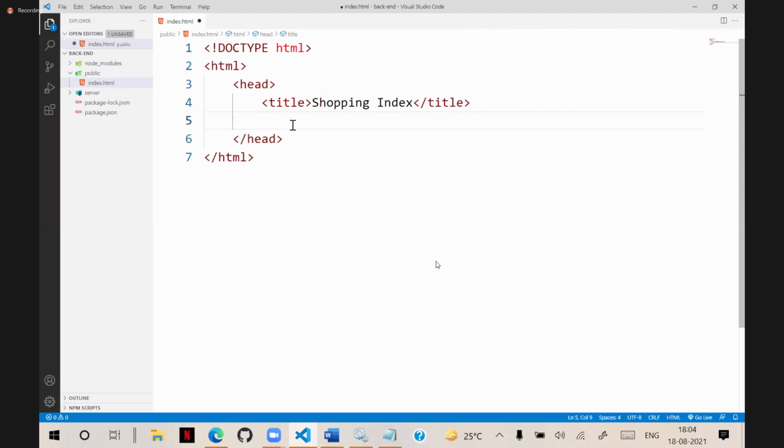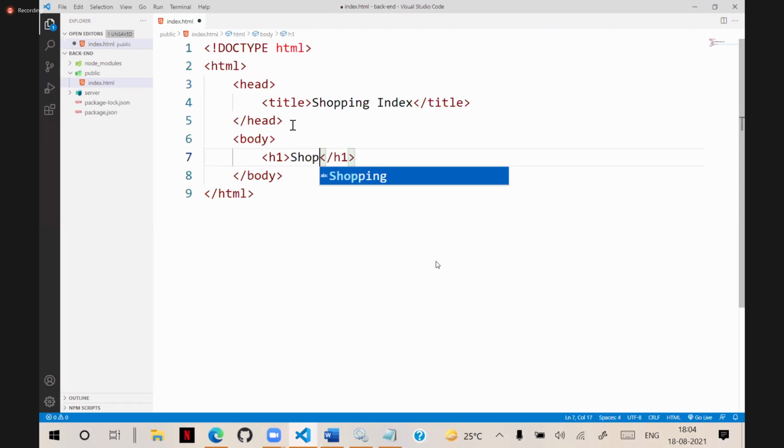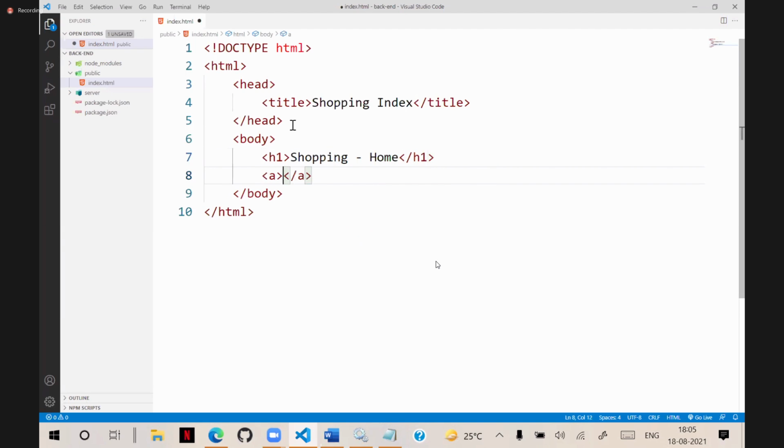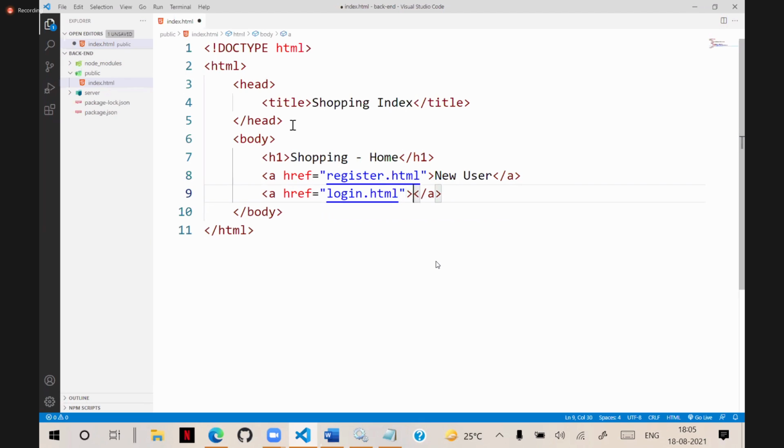Here we just put a body. This is our index page, shopping home. From here we can put links: new user with href equal to register.html, which we have to add and configure, and another one with href equal to login.html, for those who have an account, then login.